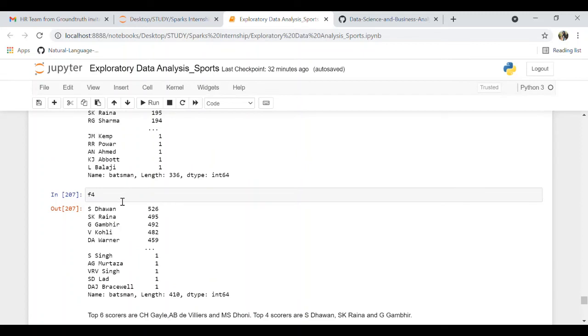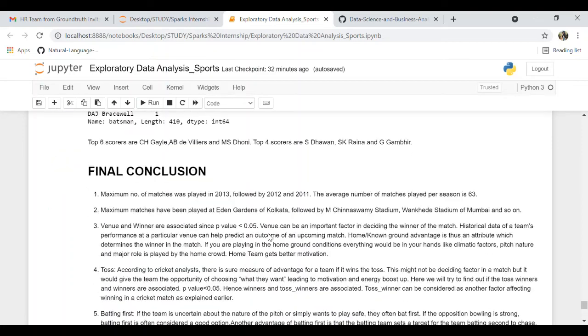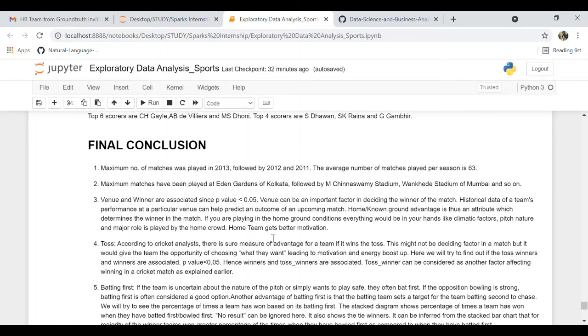Okay, and for the number of fours, we have the players S. Dhawan leading, then SK Raina and G. Gambhir. Okay, so our final conclusion,